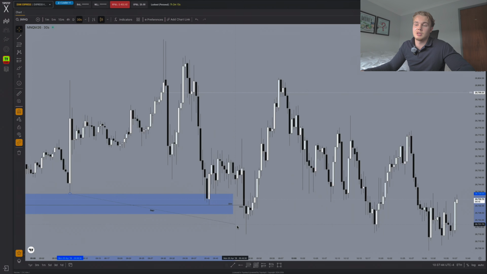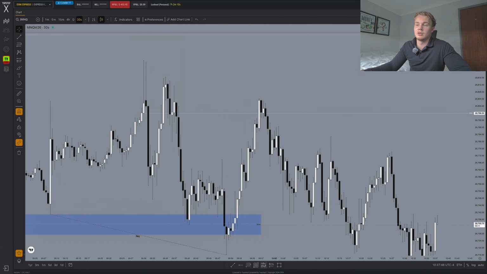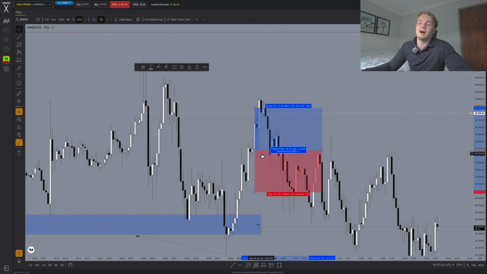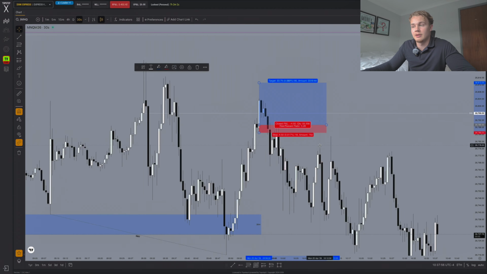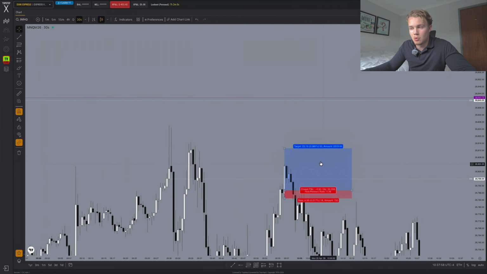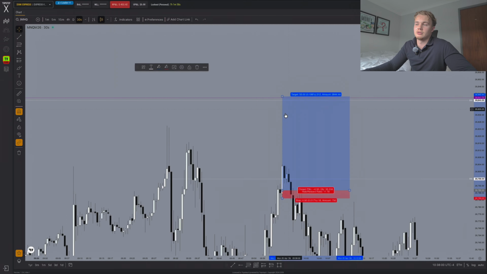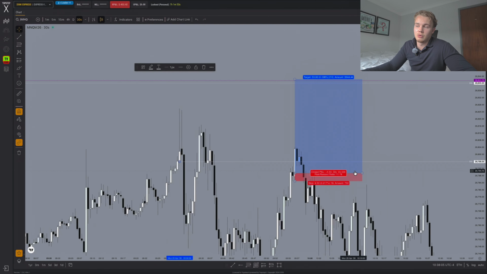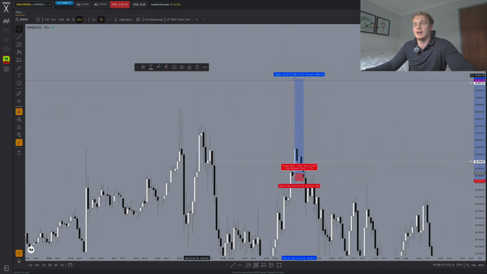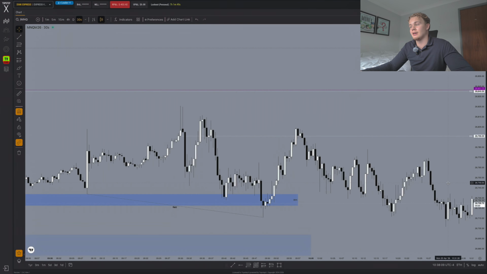It rejected to the upside, holding the SMT, holding the 30-minute fair value gap. I didn't get an entry here, or here, or here. I got an entry at the top of the chart. I was literally going in with full size, 20 micros. My break-even point was the opening gap range. Unfortunately, we got broke even on this trade, and that marks the end to a great day on the markets